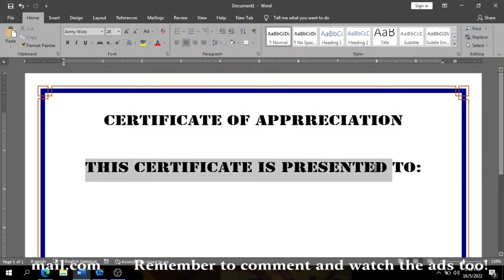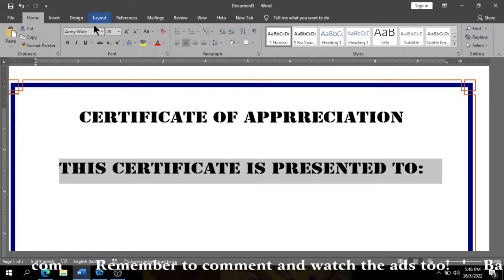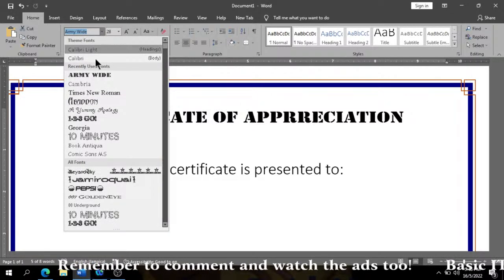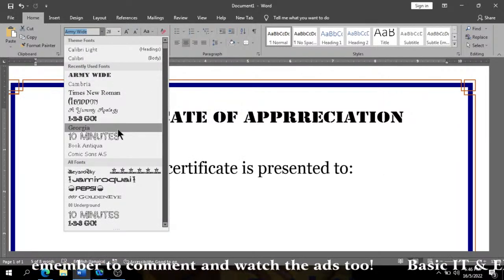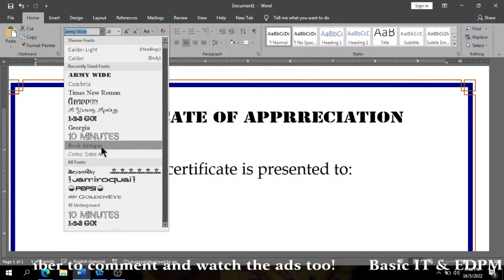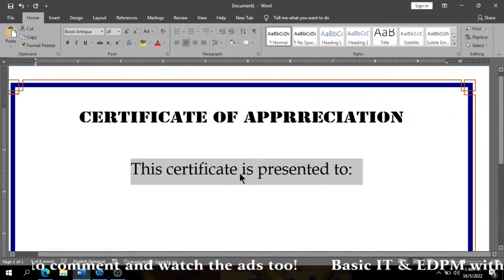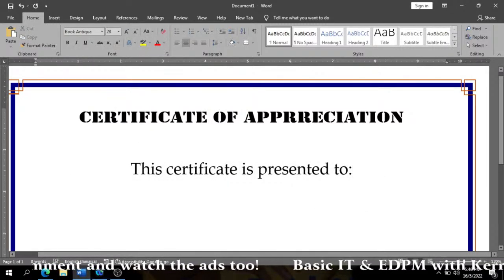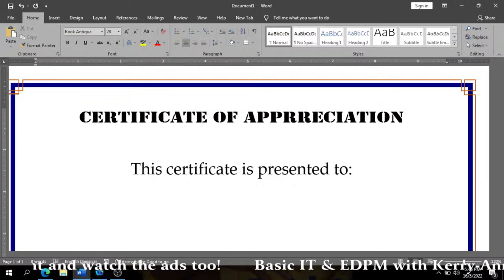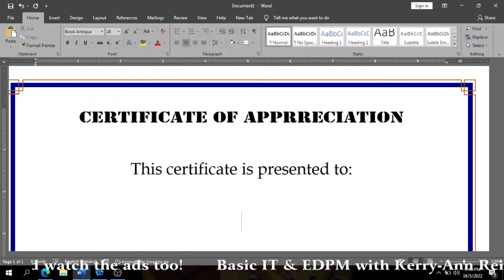So what font could I change this to? Could use Book Antigua for now,